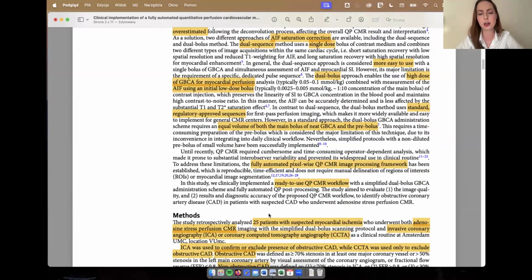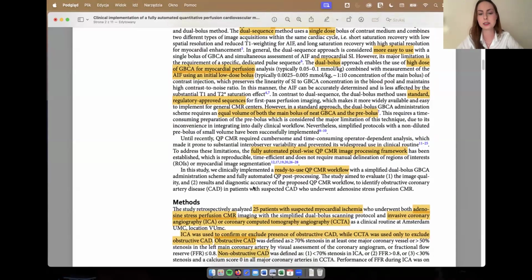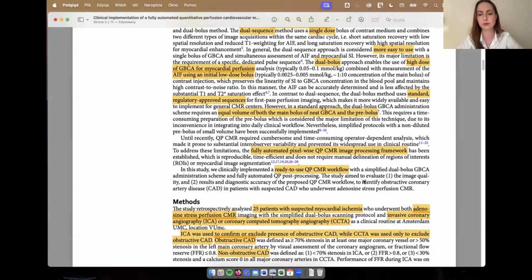So in this study, we clinically implemented a ready-to-use qPCMR workflow combining two elements. First, a simplified dual bolus contrast administration scheme without the dilution of a pre-bolus. And the second element was fully automated post-processing. The study aimed to evaluate two things. First, the image quality, and secondly, the results and diagnostic accuracy of this proposed workflow to identify obstructive coronary